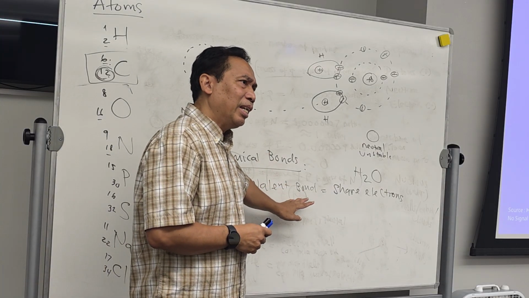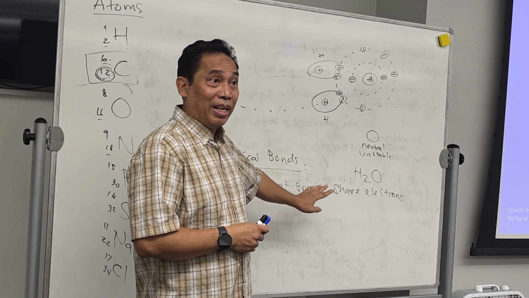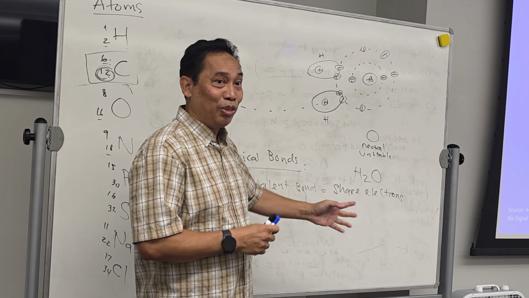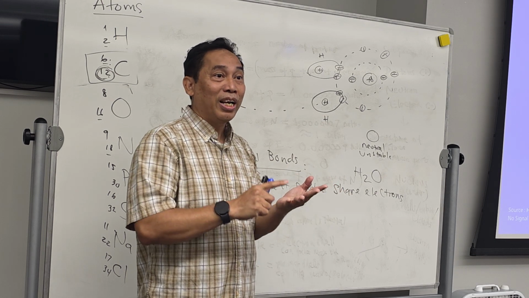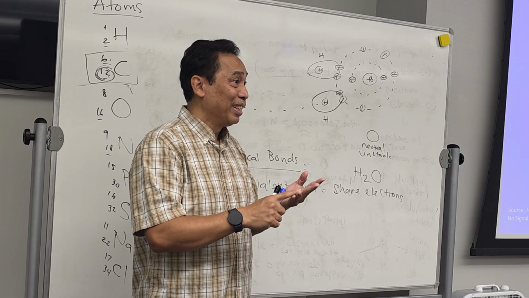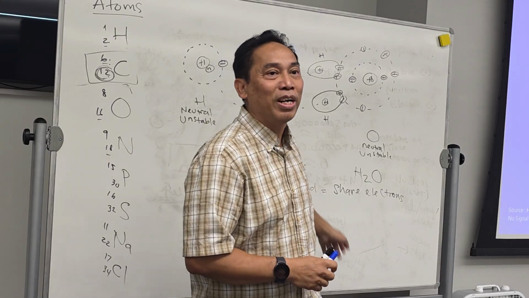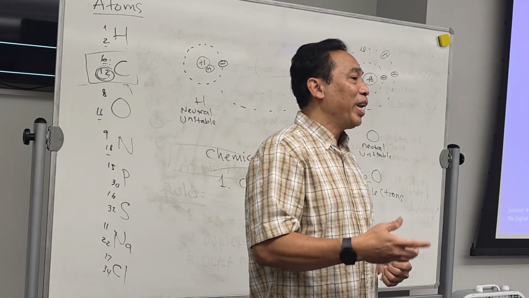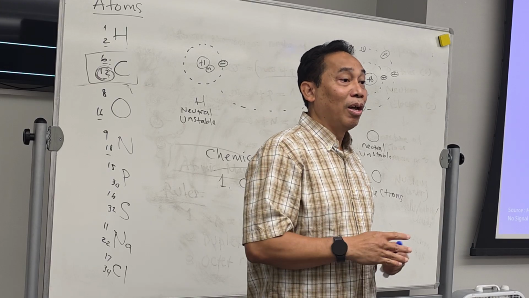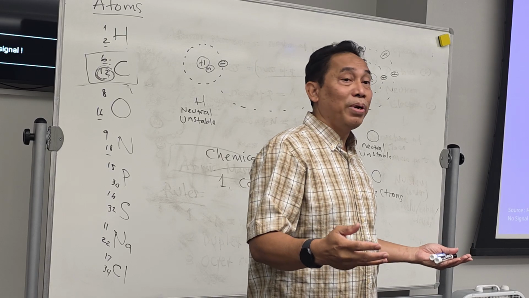Now my question is, if you're sharing electrons, just like for example, we can make it easy. Let's say a family. When you get married, you will share, right? You share the money. If you have a kid, you share the kid, right? What do you think the strength of the family bond, or the covalent bond, will be? Strong or weak? If it is a family bond, it's really strong, right?